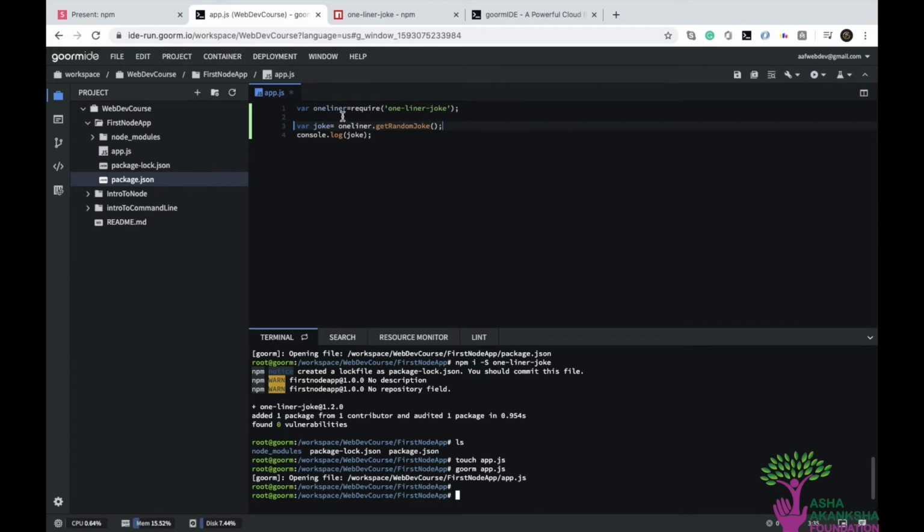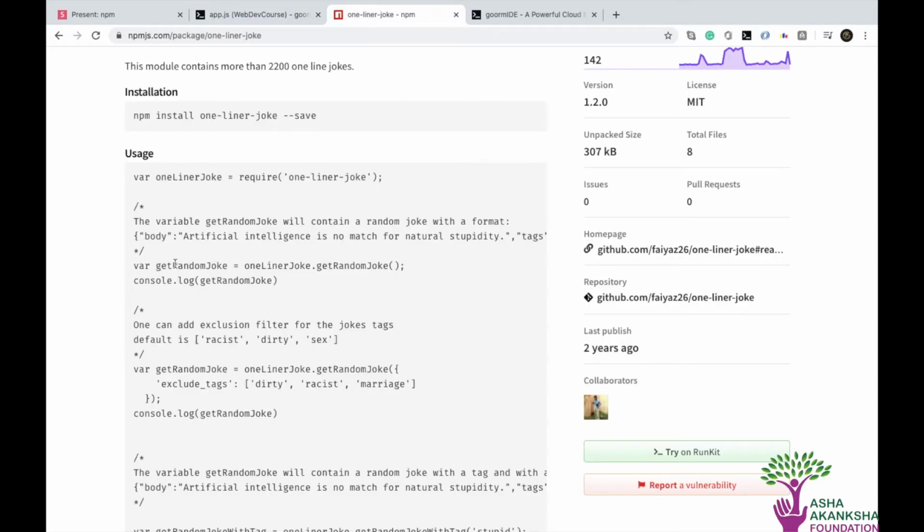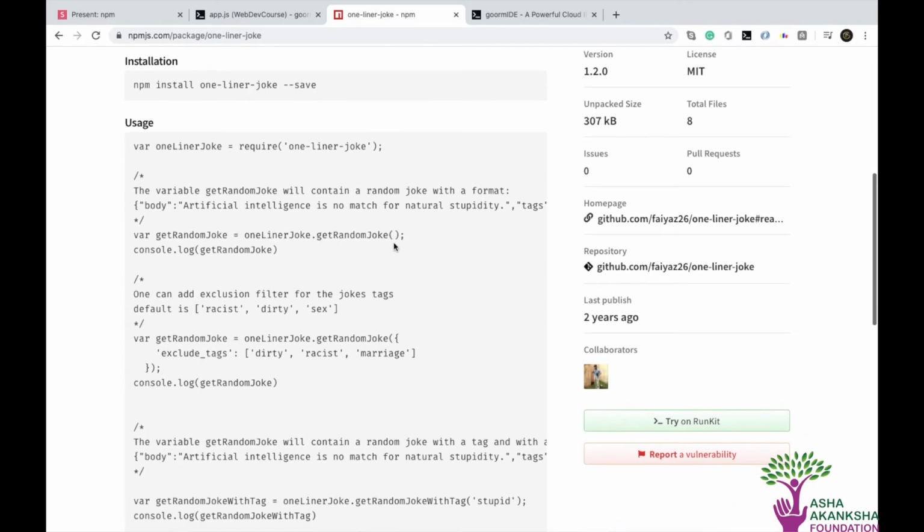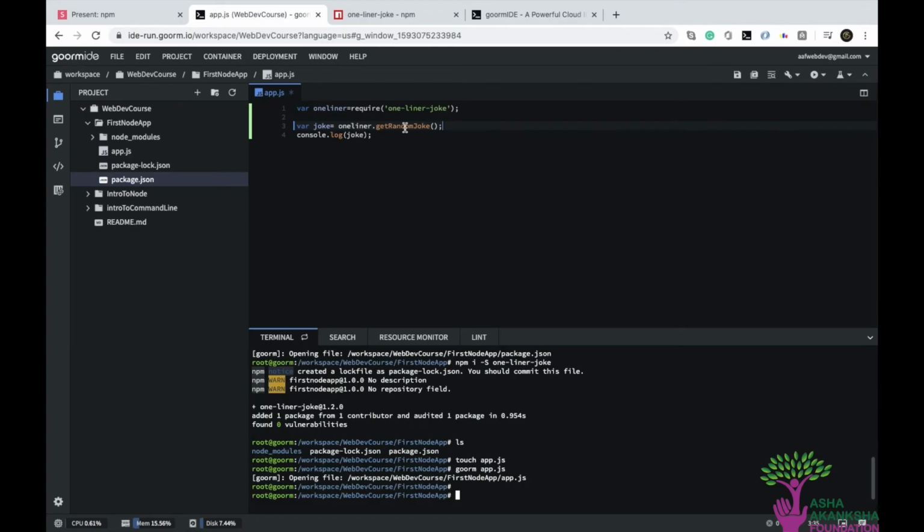Great. So first step, we included the package in our file. Second, we got the joke using the function we saw from here, and this is basically always how you would do it. You would see their usage and their examples, and you would figure out what is the usage of that particular package. I did that usage, and I am logging that to the console. So now if I save this, yeah, it's saved,